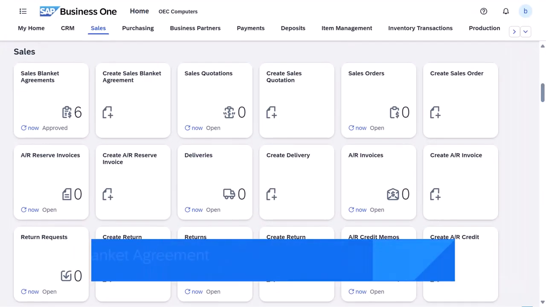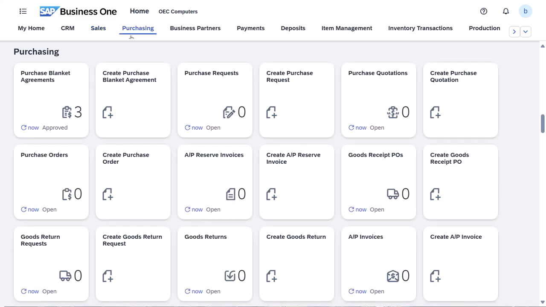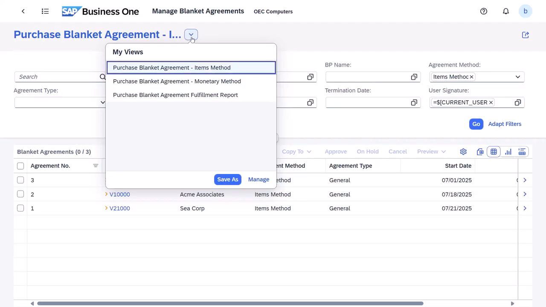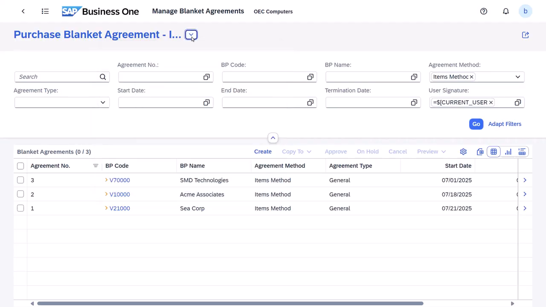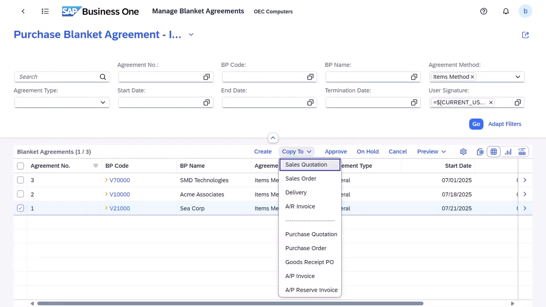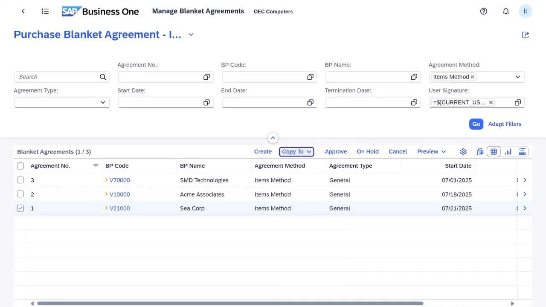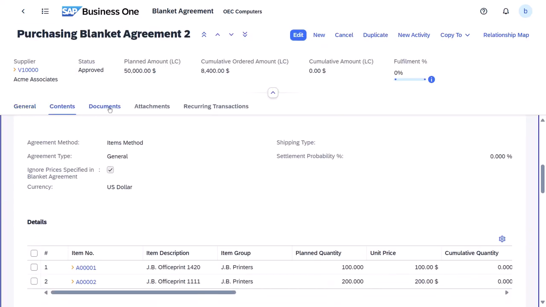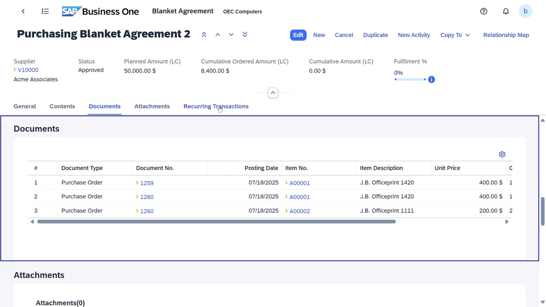In the Sales and Purchasing groups, the new app Blanket Agreements is introduced for you to view, create, and edit. In the list view, you can view blanket agreements with different agreement methods, as well as the fulfillment report. You can process the blanket agreements, including their approval, cancellation, and putting them on hold. You can also copy the blanket agreements to other sales and purchasing documents. In the detailed view, you can manage the blanket agreement with your business partners, view the related documents, and associate